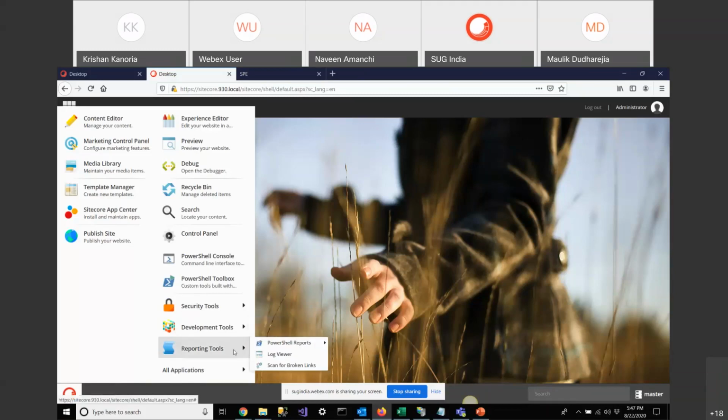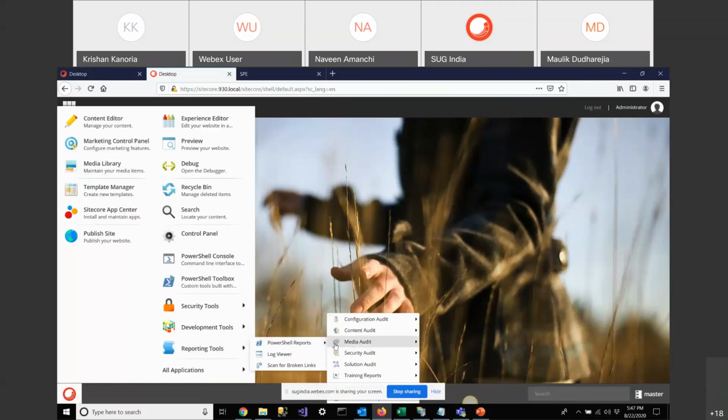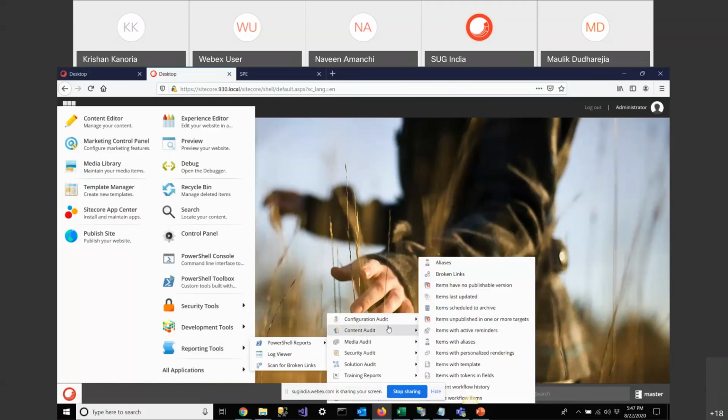As you can see in reporting tool in PowerShell report, I have many reports which have been provided by default. This has been provided by SPE. You can use all these scripts like you can get item with tokens in field. You can get item with template.